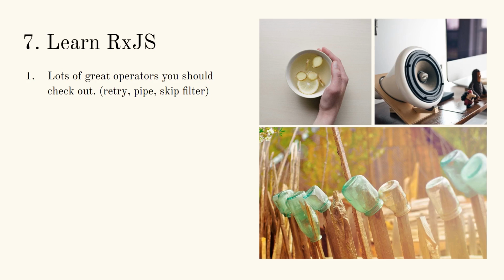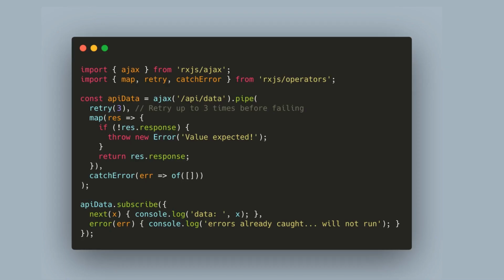If you need to get some information, there's tons of different places in the Angular world where you're going to be using observables in RxJS, and you should know these, like retry, pipe, skip, filter. Here's an example right out of the docs for using RxJS. They're using an AJAX call from RxJS AJAX, and it does a retry 3 on it. So it's retrying up to 3 times, which is really cool that you can do this. And then you can subscribe to it and do next